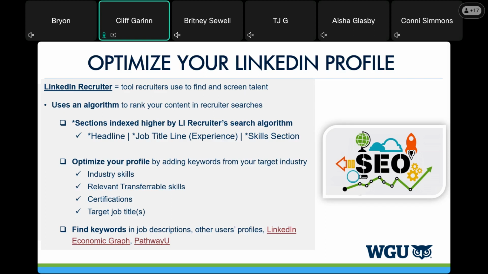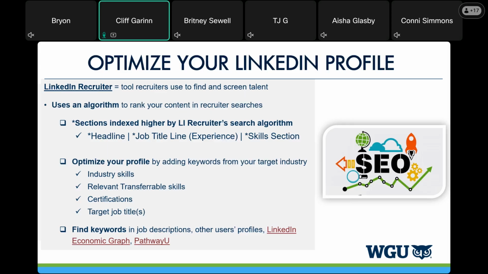We're going to talk a little bit about that because there's a way that you can even use hashtags under your headline to get attention. And then later on in your profile, you'll have a section for your skills. We'll talk about how that skills section is being used by those algorithms and by the LinkedIn Recruiter tool.